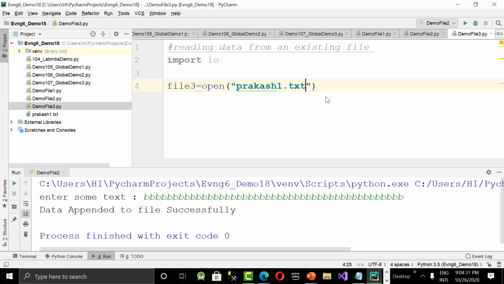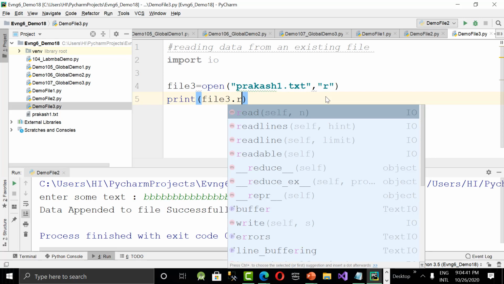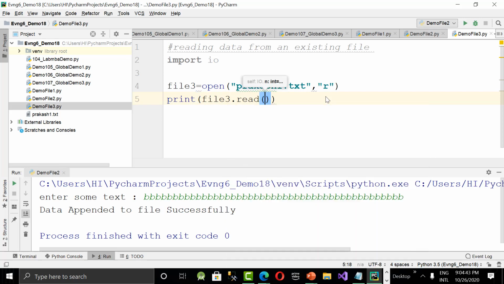In read mode, because I want to read the entire data. Then what should I say? Print file3 dot read function. So what is this read function all about? It reads the complete data from the beginning of the file to the end of the file. So once your operation is done, we need to close the file. That's all. Let's run and see. We'll get all the lines from the file.